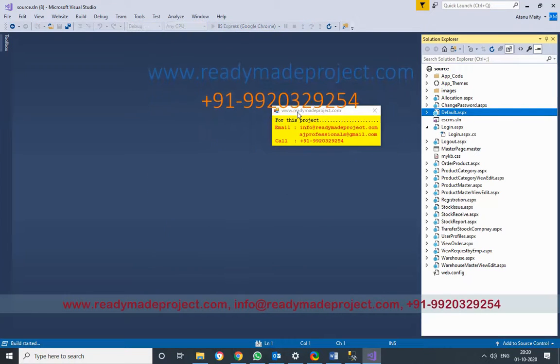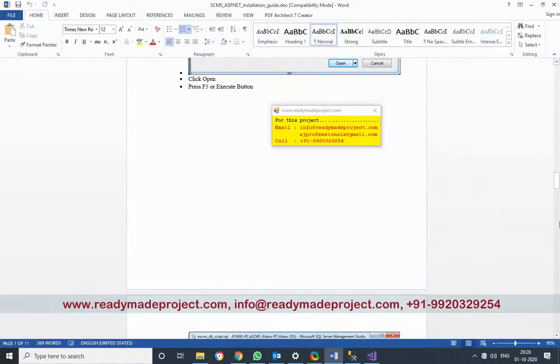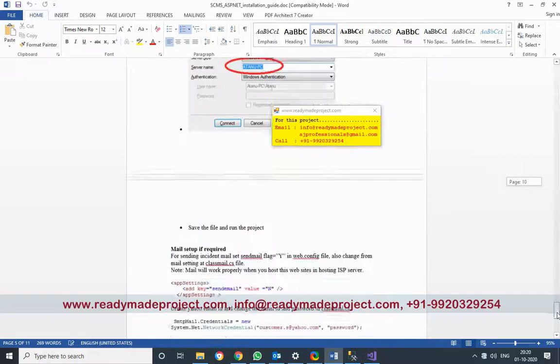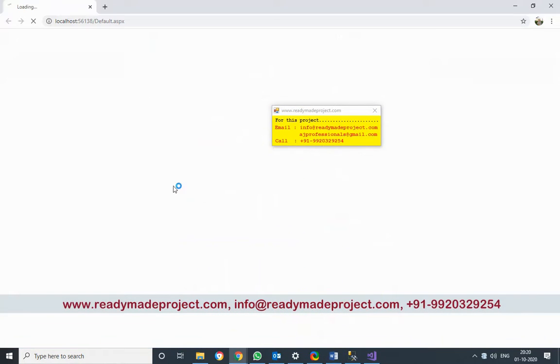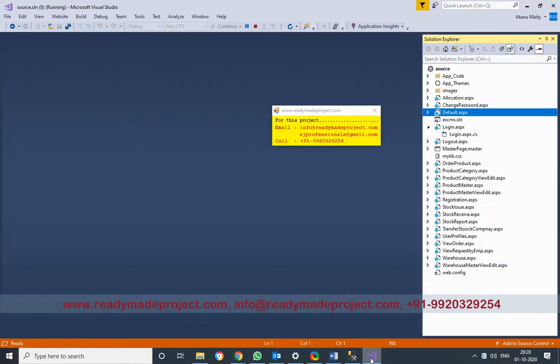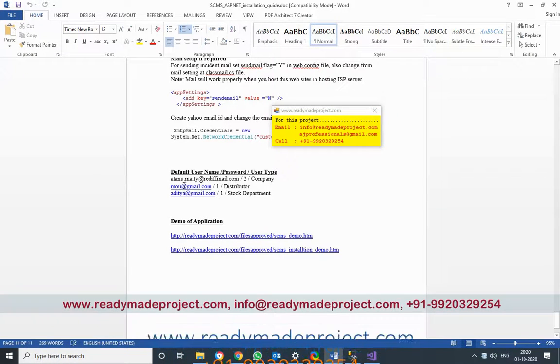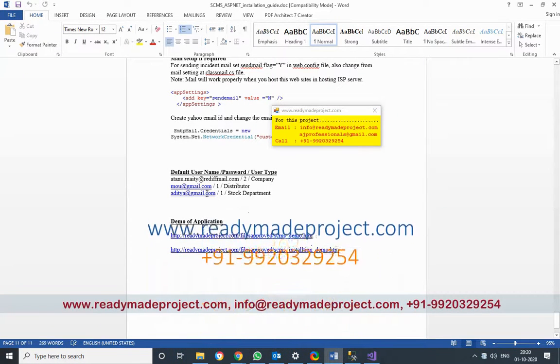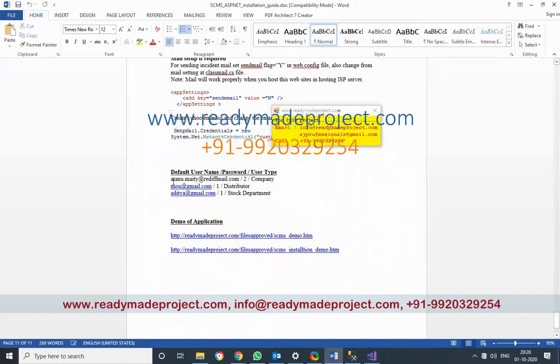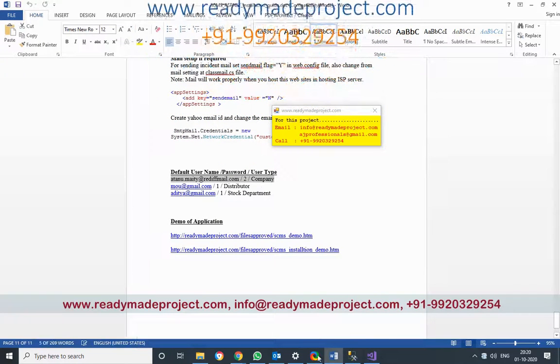You can use the existing login details. They are written in your installation guide, which already provides the sample ones. This is the login ID and password, and this is the distributor, this is stock. Basically, in this project, three different types of users are there.